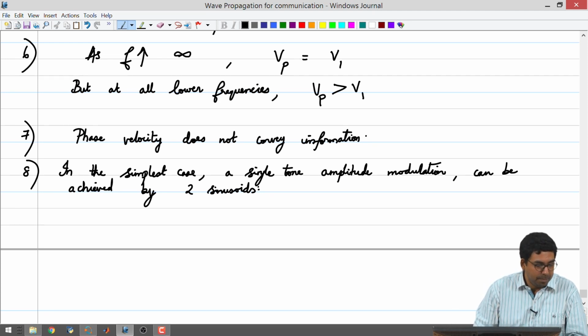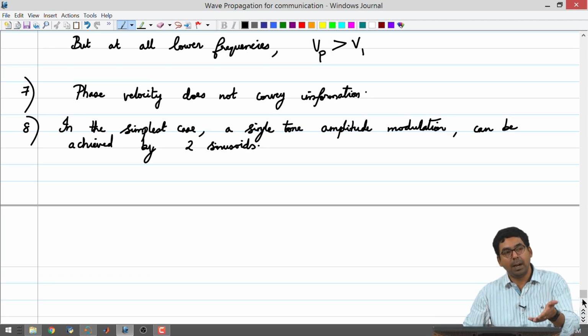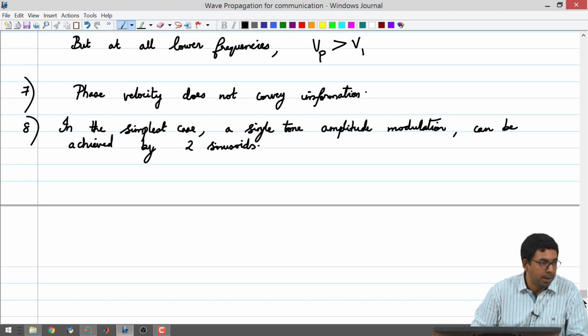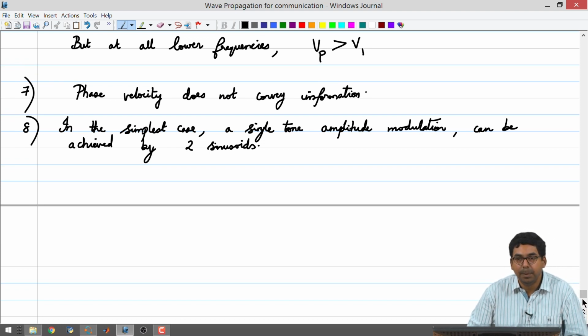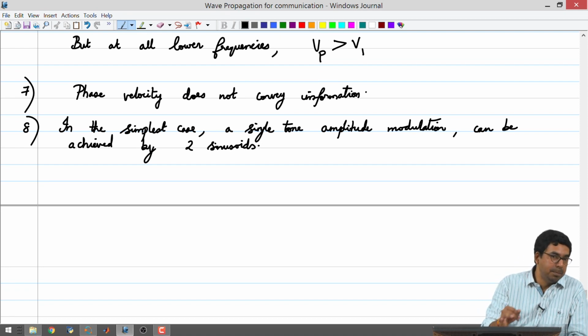So, what would the mathematical formulation be? Now, let us try to see what we have already learnt and try to put it in a perspective over here, right. We have seen that a forward travelling wave would be represented by, say, e to the minus j beta z, alright, and then you will be having a e to the j omega t coming into the picture with respect to time for a sinusoid. So, you can say e to the j omega t minus beta z, alright, and the real part of that would be a cos omega t minus beta z, and the imaginary part would be a sin omega t minus beta z. Okay. This is what we have already learnt in transmission line, plane waves, etc.